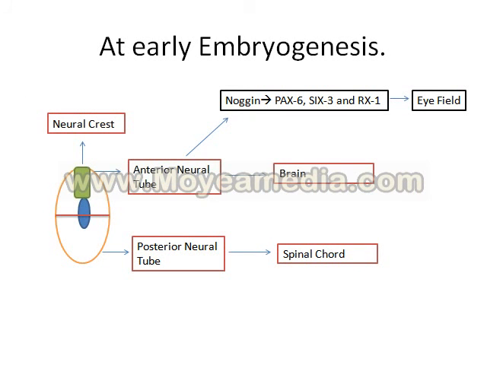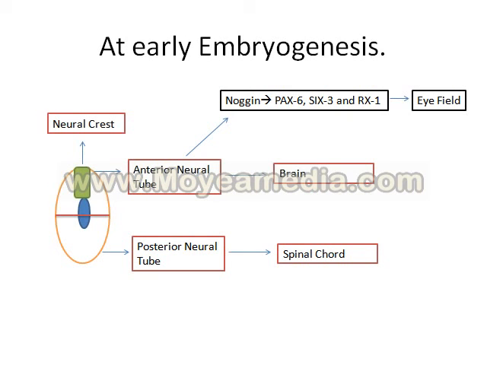Okay, so I've made a rough neural tube here, and there are two parts of the neural tube, that is the anterior neural tube and the posterior neural tube. The anterior neural tube will give rise to the brain, and the posterior neural tube will give rise to the spinal cord, and there's a neural crest shown in green. I hope from the video on developmental embryology you might have understood what the neural tube and neural crests are and how they are developed.